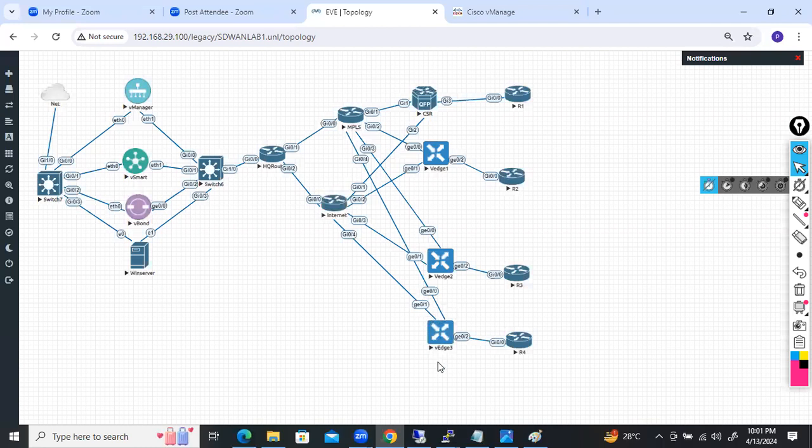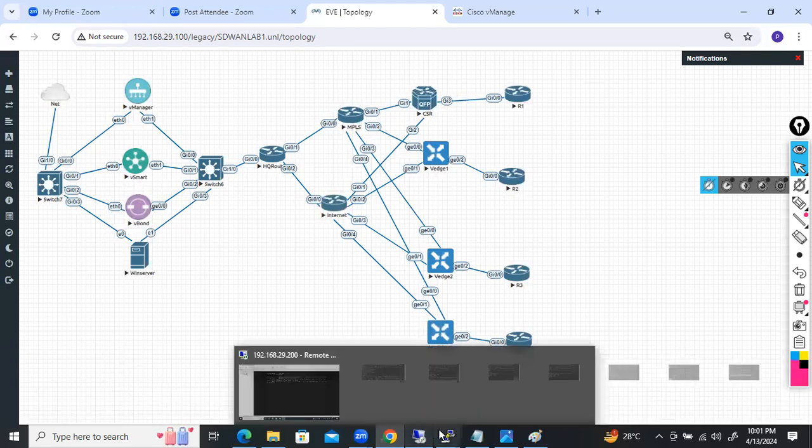So if any one of the links goes down, suppose I shut down this one, G0/4, what should happen for this vEdge? One T-lock should be removed. Got it? Right, now for this vEdge 3, what is the